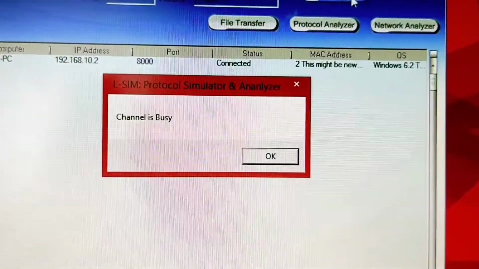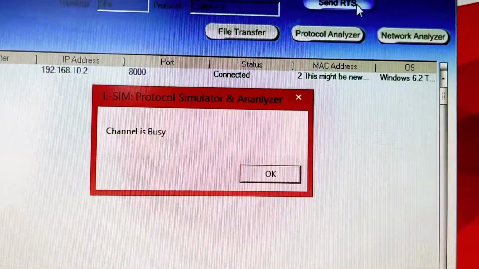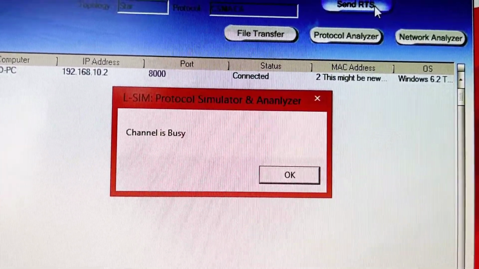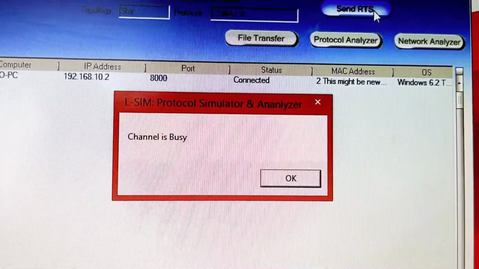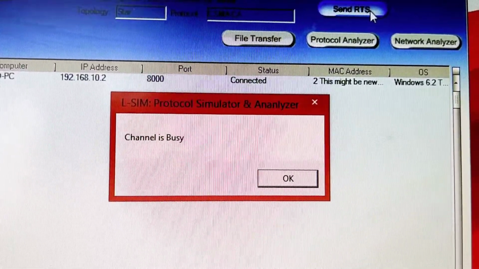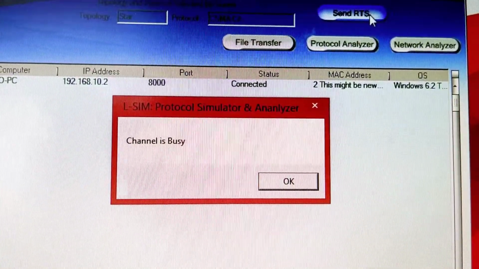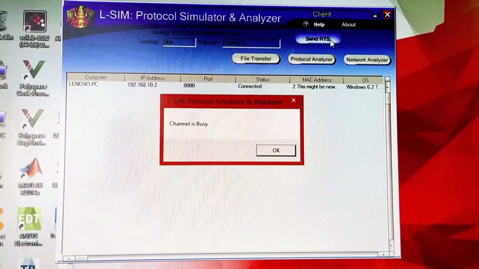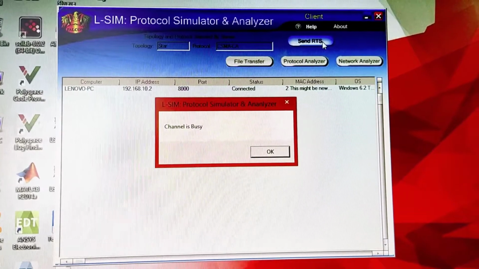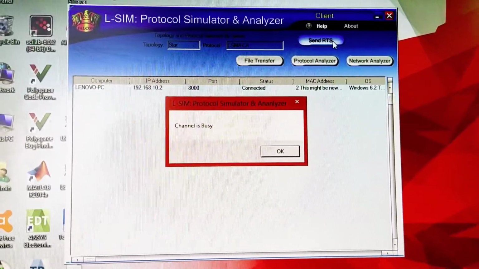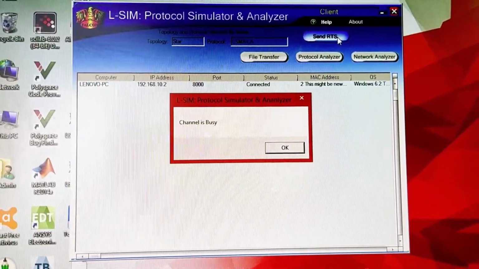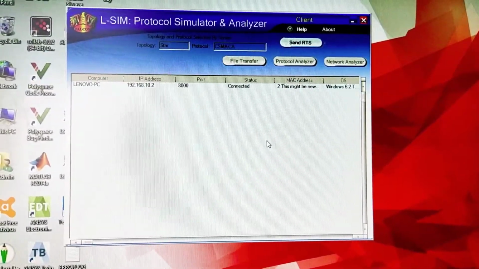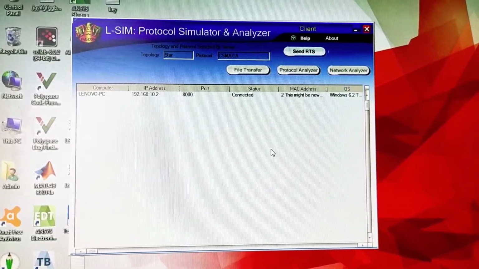Here you will find a message called channel is busy. That is indicating right now the channel is having some data, and if you want to put the data it will collide. So better to avoid the transmission instead of putting it and getting collisions. So CSMA-CA always adopts the strategy of avoiding collisions instead of allowing collisions and detecting them. This will only allow transmission once the channel gets free.